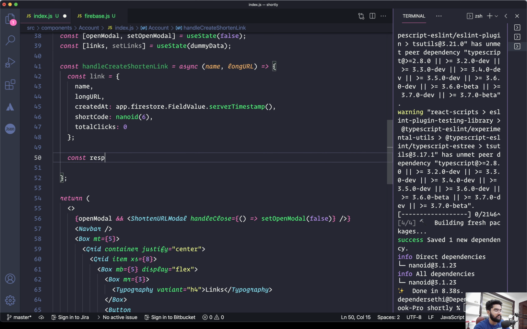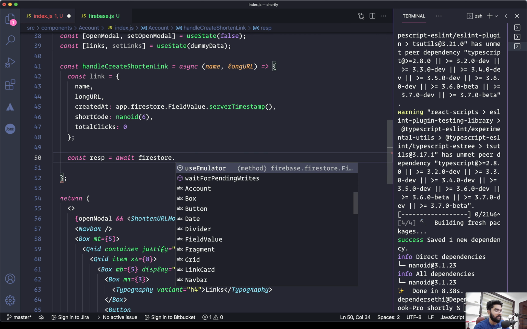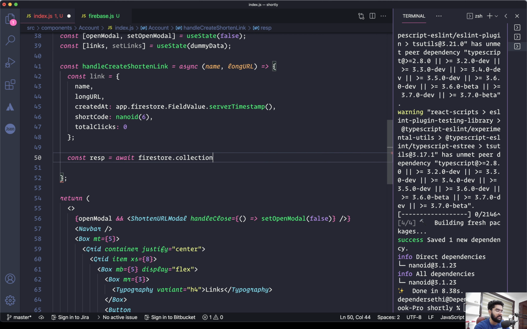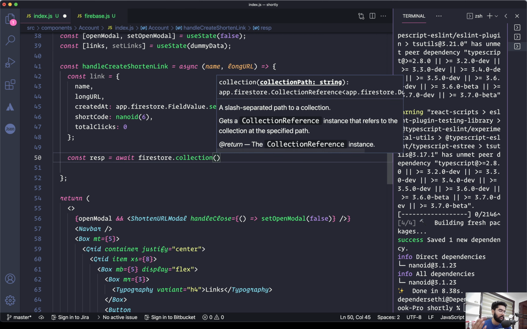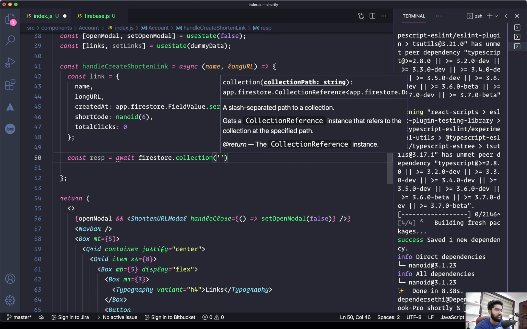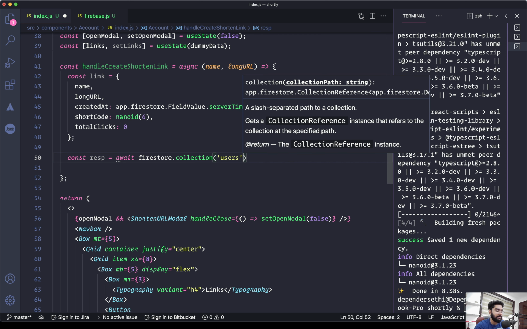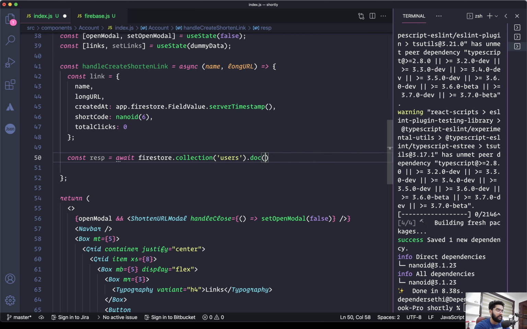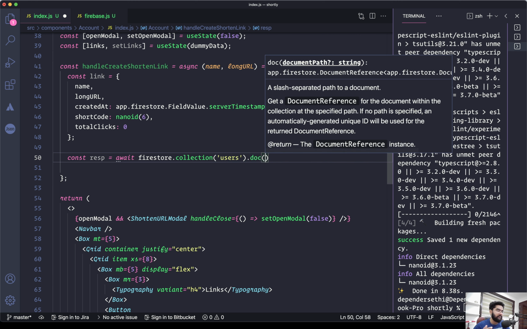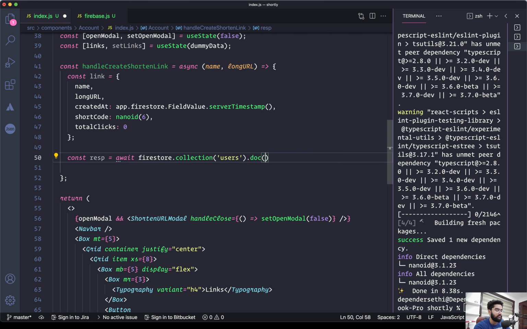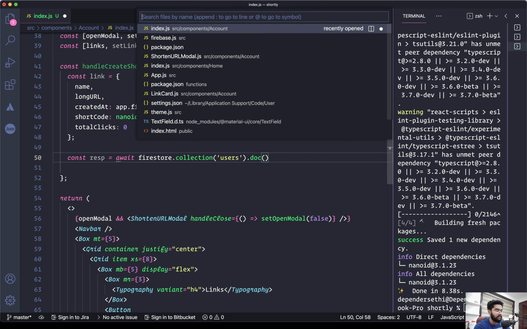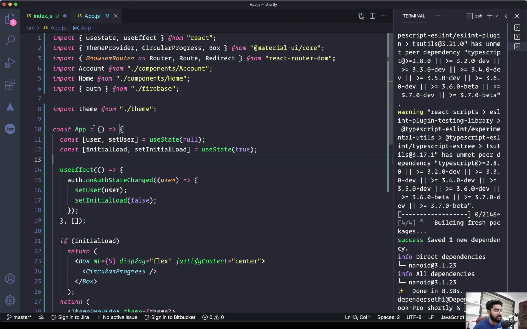So let's take the response. We will be awaiting the request where on the Firestore we have the collection. This is the top level collection and it's the users. Then we need to provide the document, for which, as I said, we are going to use the user UID, and we need to have the user object for that, which I think we have in the app component